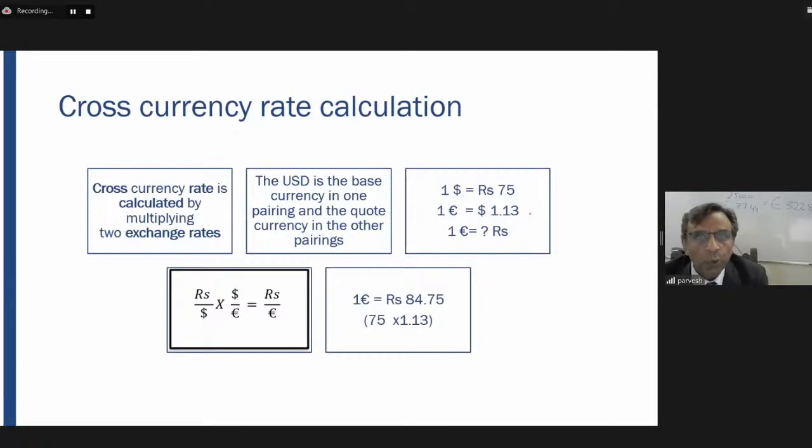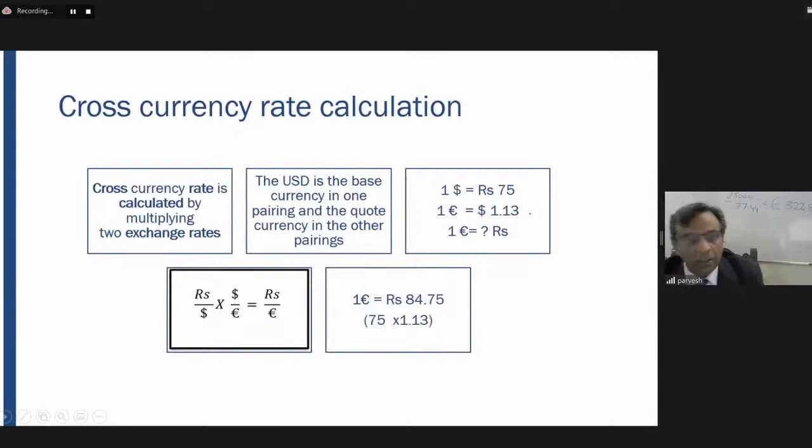So that means we have the quotes in order. Once we have the quotes in order and we want to calculate how many rupees 1 euro is equal to, then with the help of this we can put the formula as rupee upon dollar into dollar upon euro. So dollar cancels, and only rupee upon euro will remain, which can be expressed as 1 euro is equal to how many rupees. Okay, so we can simply multiply these two quotes. So 75 rupees multiplied by 1.13. So we'll get 1 euro as